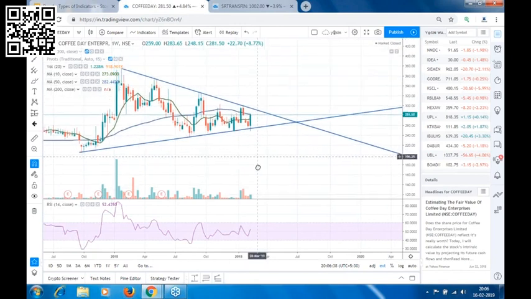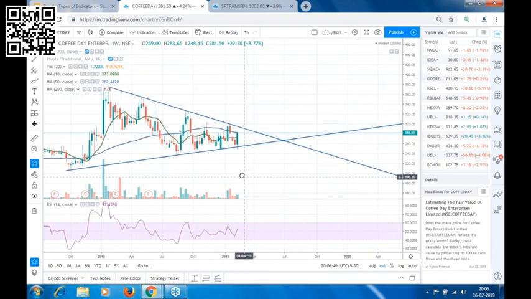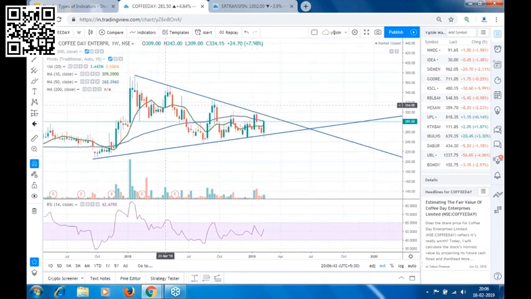Now see, as I told you, you can use trend lines. If I draw a trend line, if I connect this high with this high and extend the line, then see how beautifully the stock is taking resistance from the past so many weeks on the trend line. It is not able to break the trend line in an upward direction. Similarly, if I connect the low with this higher low and extend the line, then see every time the stock is taking support on this trend line and bouncing back.